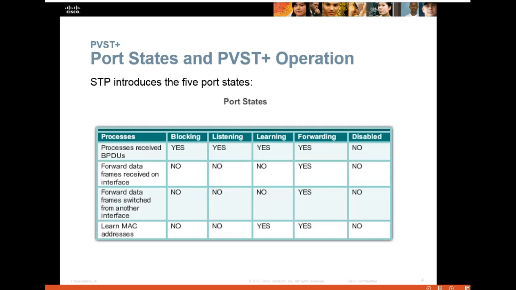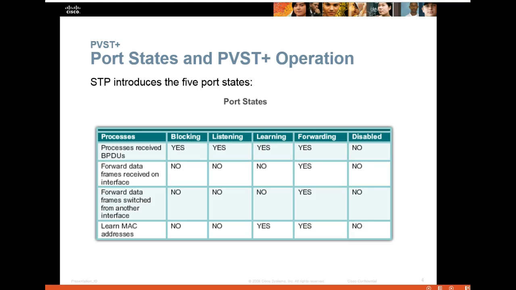Now, port states. When we talk about port states in common spanning tree, CST, which is the regular name for spanning tree, there are the 5 port states we talked about: blocking, listening, learning, forwarding, and disabled. And this takes quite a bit of time to get through. About 40 seconds every time you boot up a switch, because the switch has to block traffic so that there